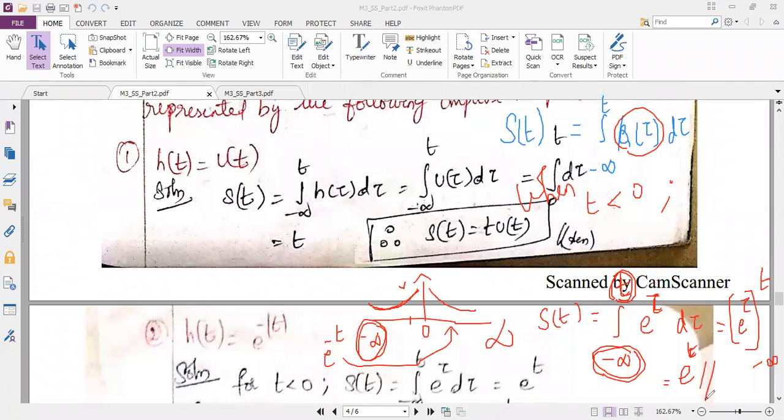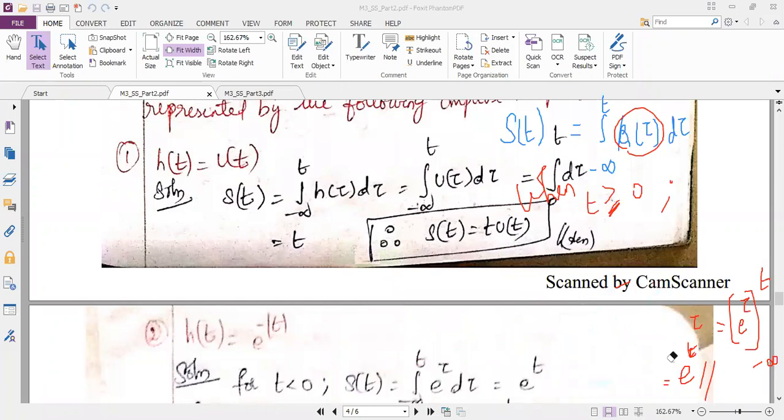I have solved only for one side, okay? Now I have to solve for the other side. So let me just change everything. So now I have t greater than or equal to 0. The next condition is t greater than or equal to 0, because my other side, if you see the graph, it is t greater than or equal to 0. So t greater than or equal to 0, you have to check the limits. Here the limits are very, very important. So let me just write the integration separately. So I am writing now the condition for t greater than or equal to 0.